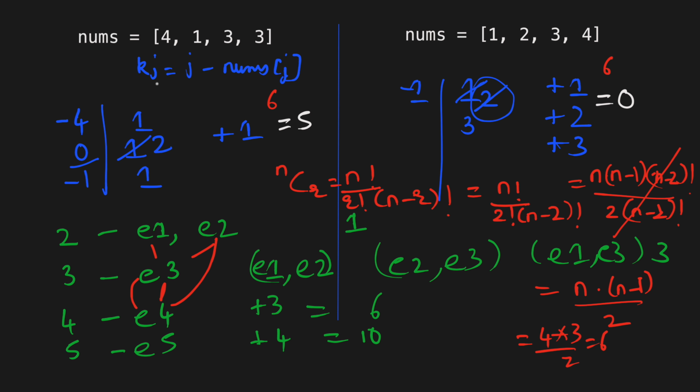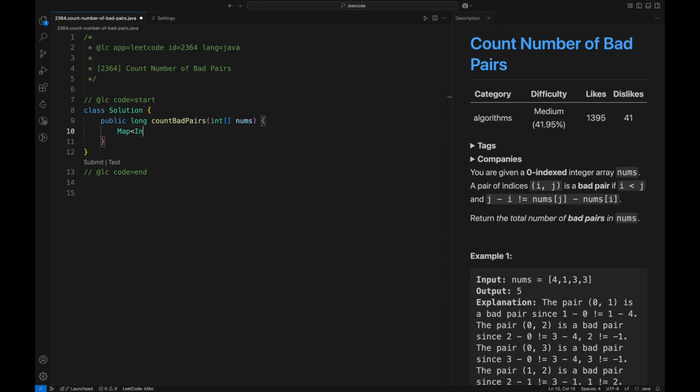Now let's jump into the code part. First, let's create a hash map to store the counts of ki's. That is the difference between the index and the number. Let's also initialize number of good pairs equal to 0. And we are using long here to avoid the integer overflow